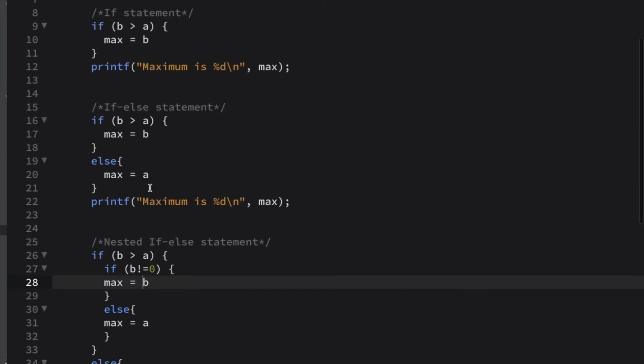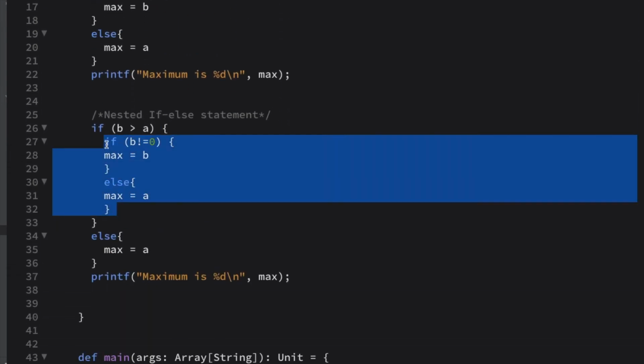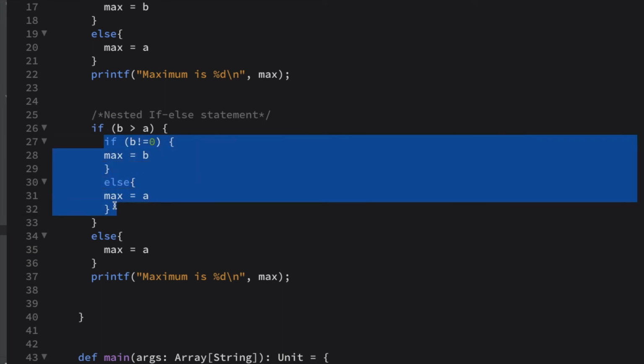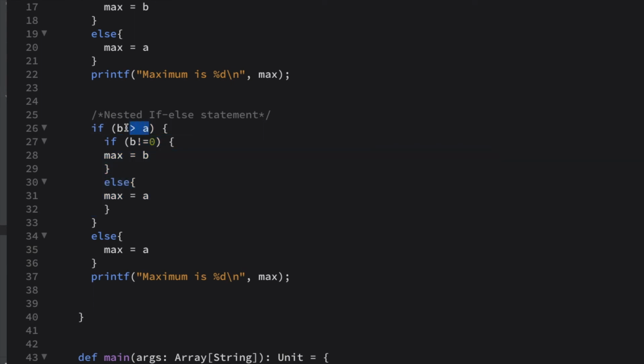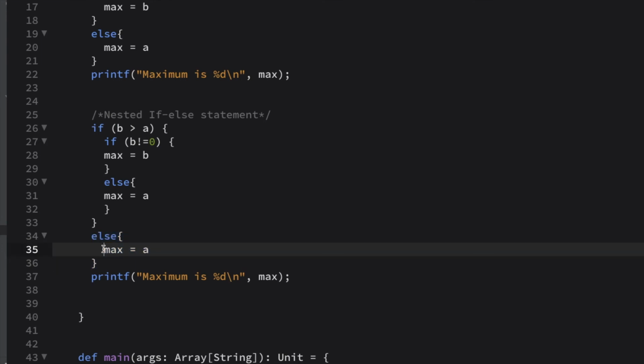Okay, so it is similar to that, but just to try the nested if and else, we have tried this code. So this if and else will only be executed when this condition is true. If this condition is false, then the program counter would come to line 34, the else statement, then the maximum number would become a. Okay, so if I execute it,